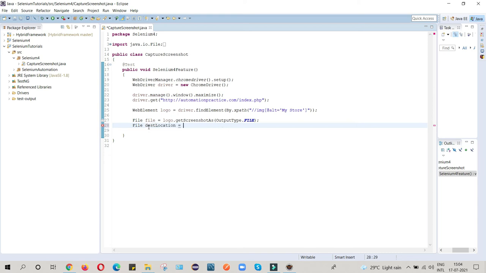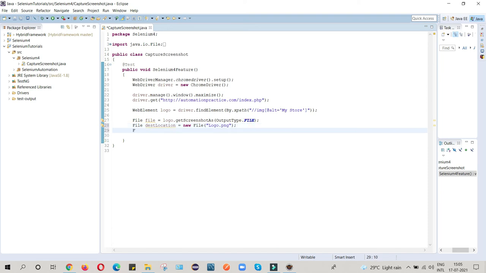I just defined it as destination location equals new File, and here you can provide the path, or otherwise you can give the name of the screenshot. So I can write logo.png. If you want, you can give the entire path so that this screenshot will be saved in that location.